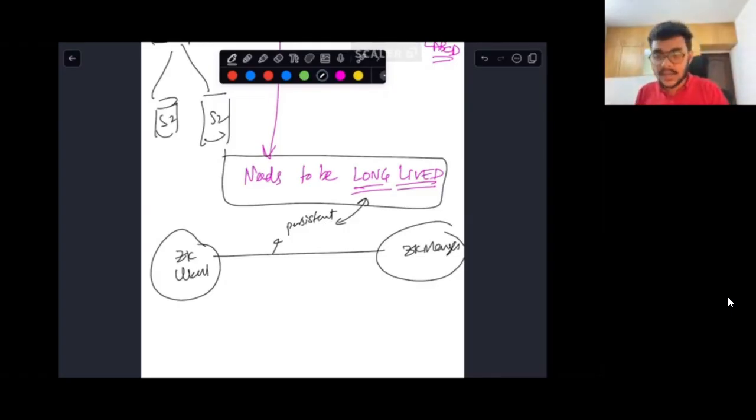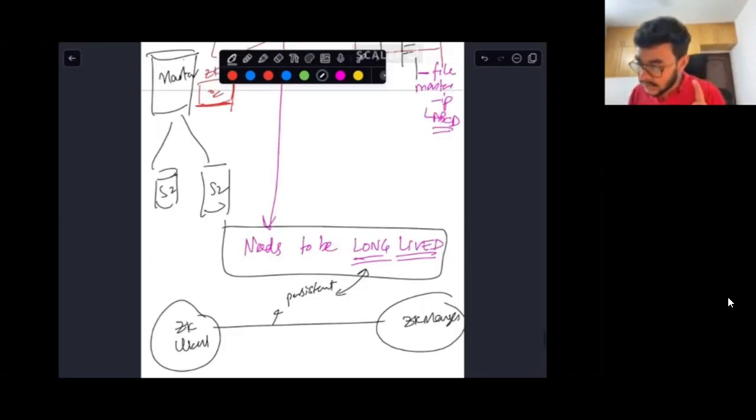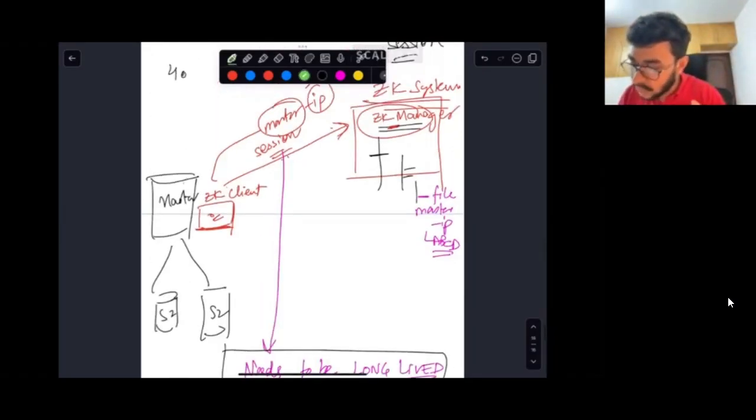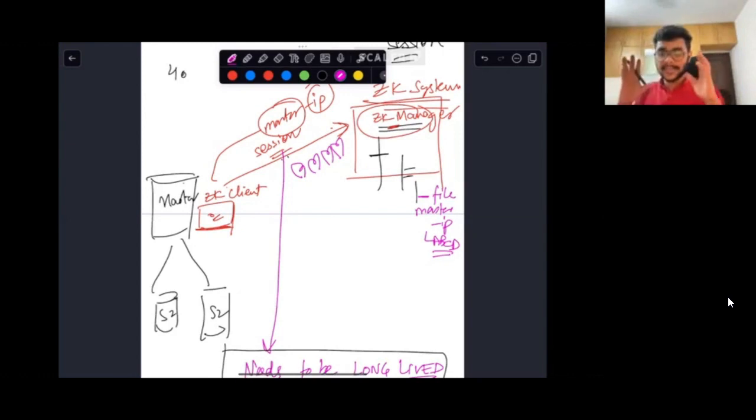So Kunal, does this answer your question? This session, first of all, was responsible for the creation of the file. Now it is responsible for the heartbeats. I'm drawing hearts. My drawing is very bad. I hope the explanation, Kunal, is clear to you, that is how this ephemeral file gets created. Is it clear to you? I have to explain why it gets deleted also. Awesome. Thank you. Now let's see why it gets deleted.